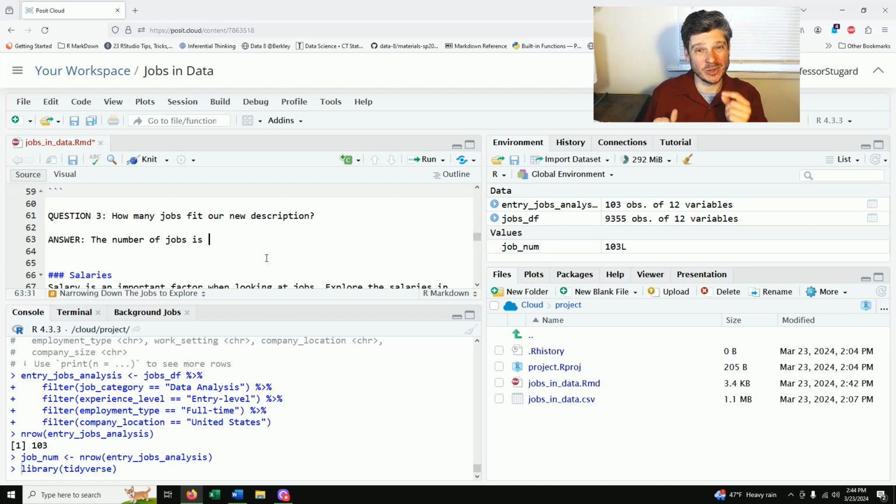And what that is going to do is make my code much more reproducible. Because if I put the variable here instead of just the number 103, then as long as I still have jobs,